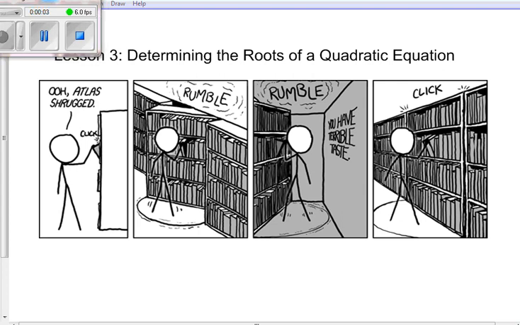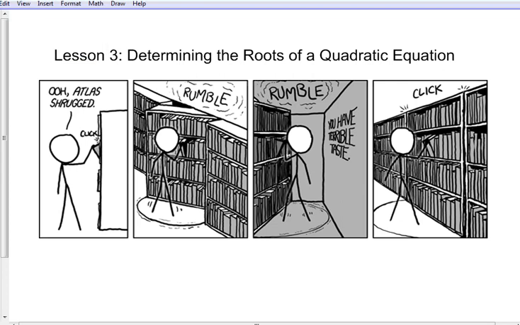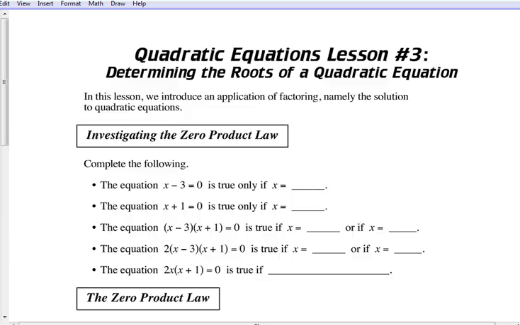All right. So determining the roots of an equation. Now we're going to start to take what we learned from last unit and what we learned from factoring and put them together. Okay, and what do they mean? So let's look at